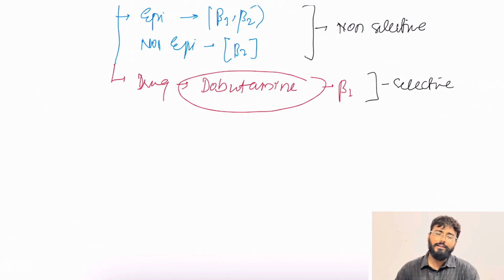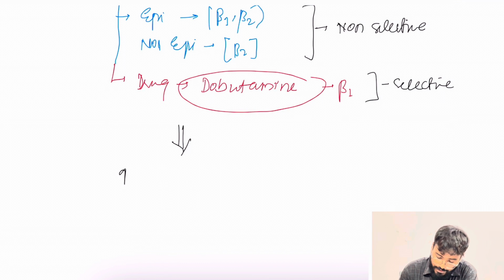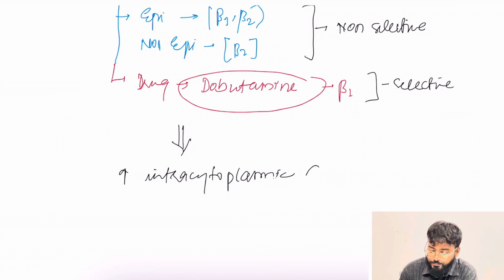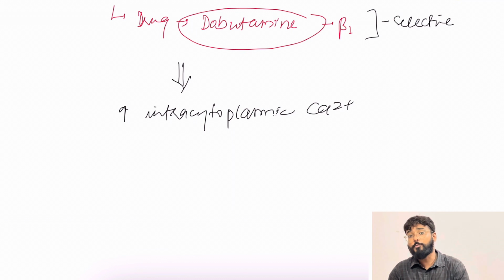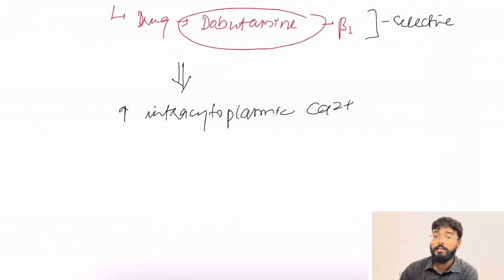So how in turn does it increase contractility? These agents, whenever they bind to their corresponding receptors, increase intracytoplasmic calcium, which in turn increases contractility